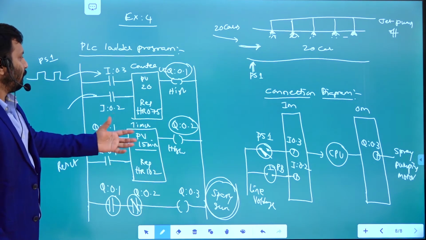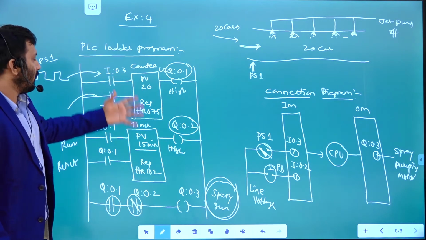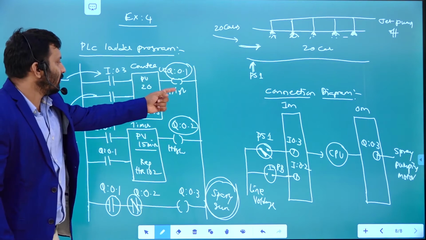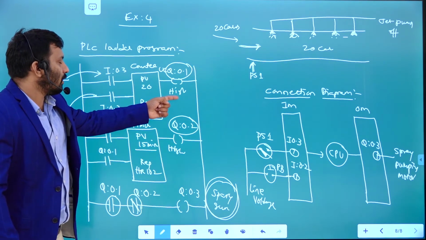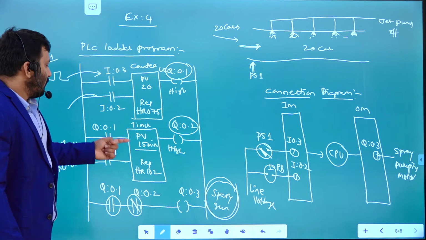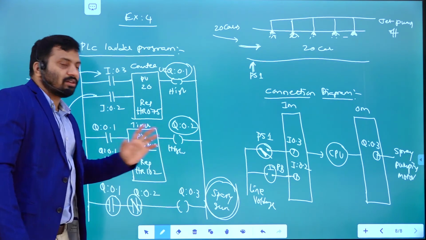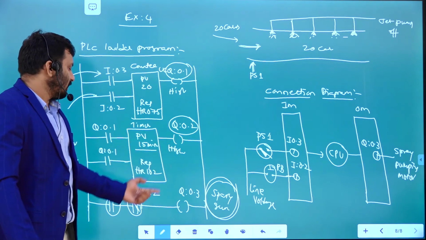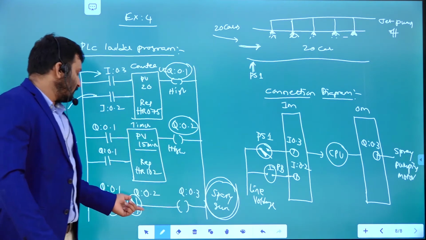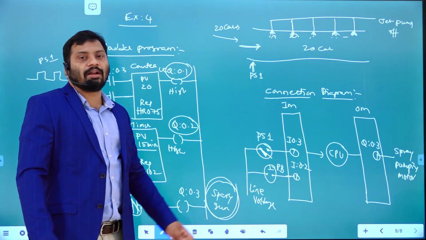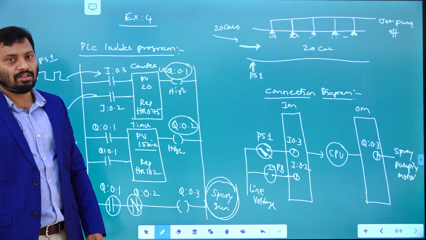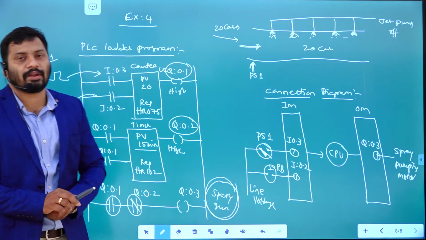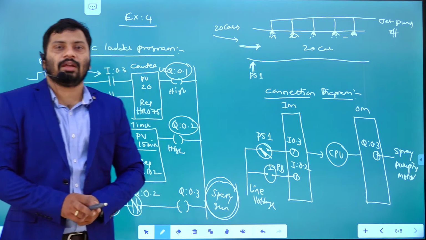See, very simple. Two things, counter and timer, you are going to use, right? So after reaching a count of 20, it is high. Whenever this is high, the timer is also going to start, the spray is also going to start, right? After 15 minutes, this output is high, that is going to disconnect, that means it deactivates this particular one. Then the spray gun is going to stop spraying, right? So by that time, 15 minutes of spraying is going to happen on the 20 cars, right?